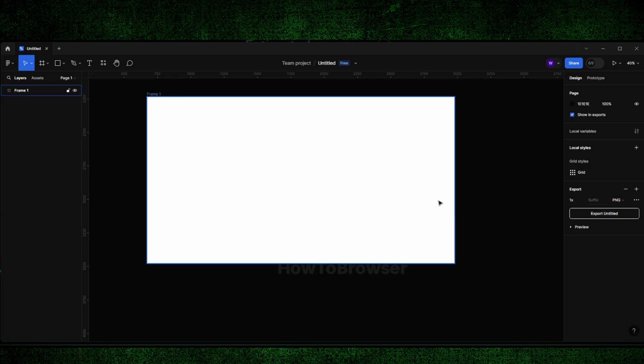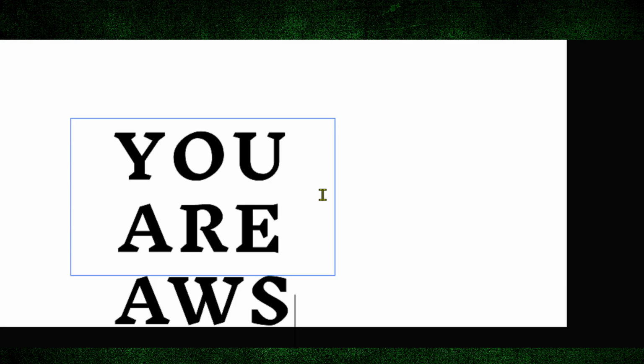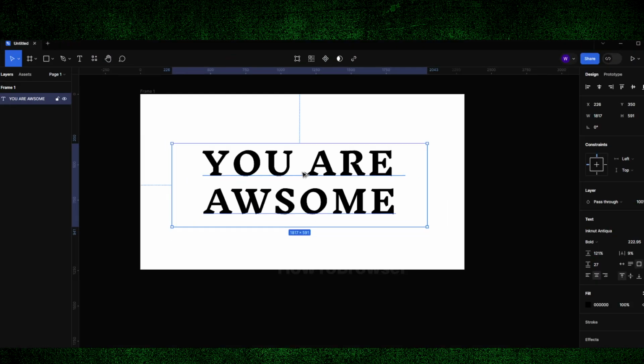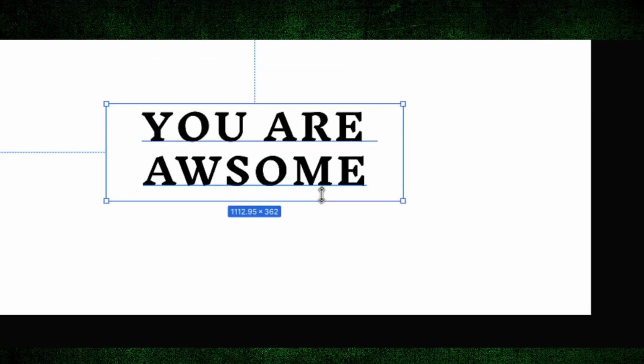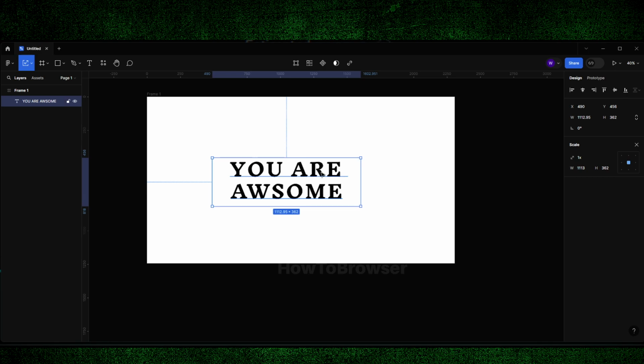So what you have to do here is, let's first grab text from here or press T, and I have here some text. You are awesome. And I have this text here now, and now we see here we can now grab this text like this, and to change on scroll, what you're gonna have to do is just click on text, and when you